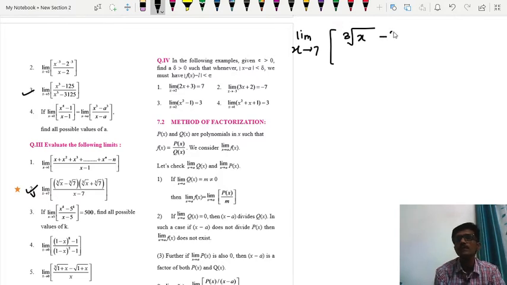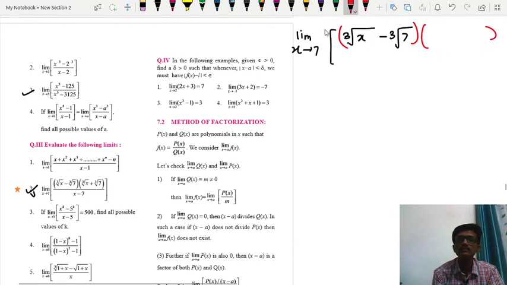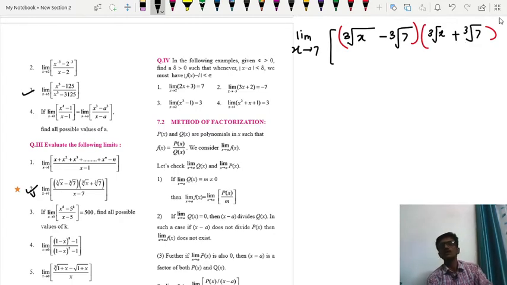minus cube root of 7, into, again, cube root of x plus cube root of 7. Cube root means what? x raised to power 1 by 3. A minus b, a plus b, it will be a square minus b square. So this can be written as a square, a square meaning 2 by 3. So yes, this will be